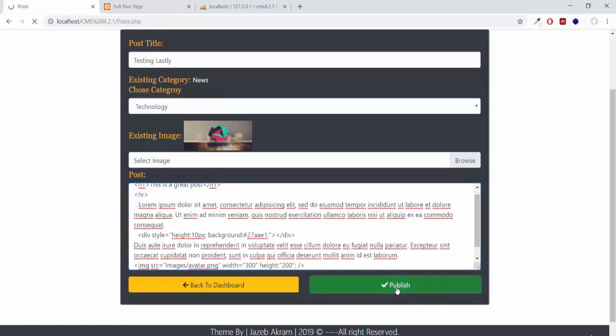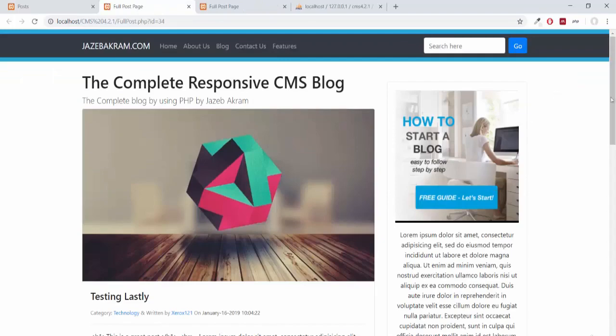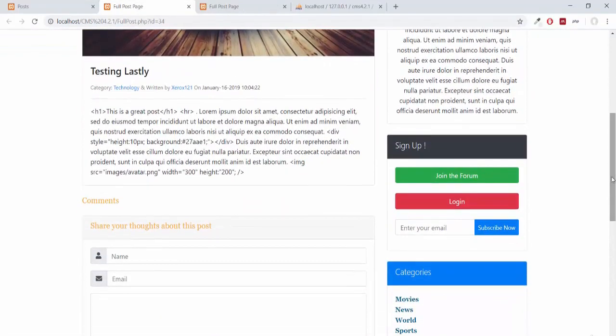So now if I publish this post, you can see post updated successfully. So if I click on this live preview, you can see this whole post, and it's not taking this HTML as straight HTML. It's treating my HTML as simple text.